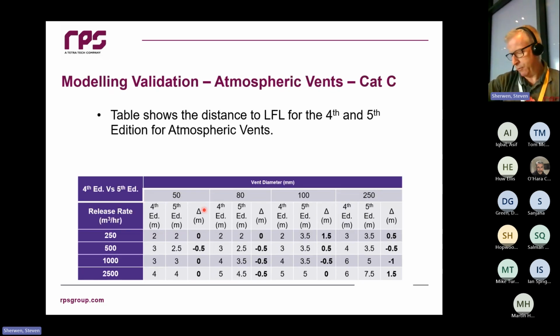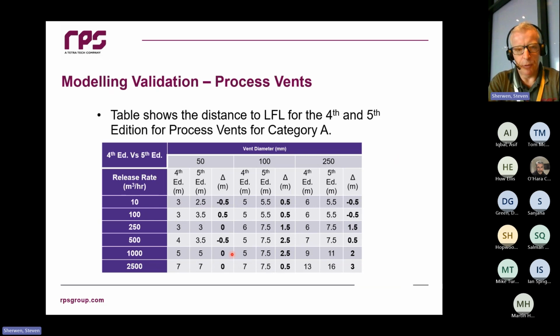Okay, how am I doing for time? Not too bad. We get similar sort of figures for the vents. So category C vents, again, you can see that if you've got a storage tank venting away with methanol in or something, we're not talking lots of different numbers. Okay. So as you can see, process vents, again, the same sort of ballparks, nothing too dramatically different.